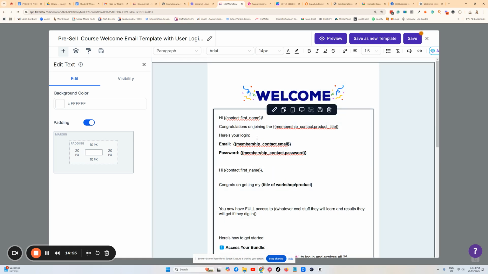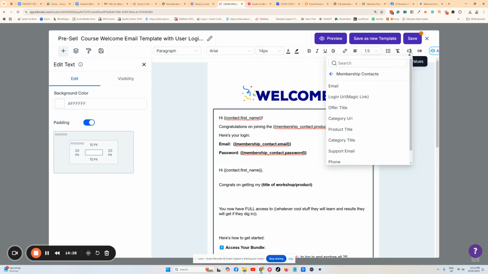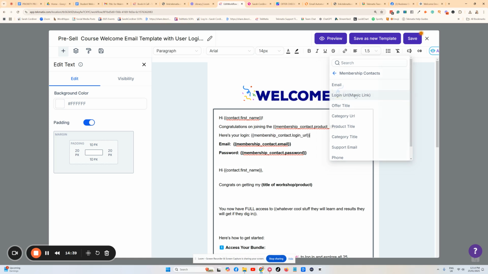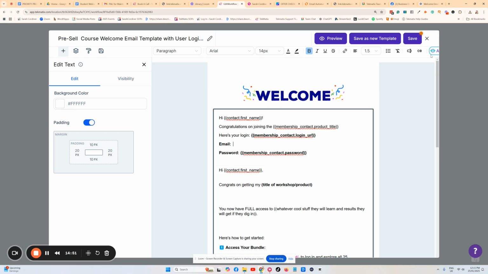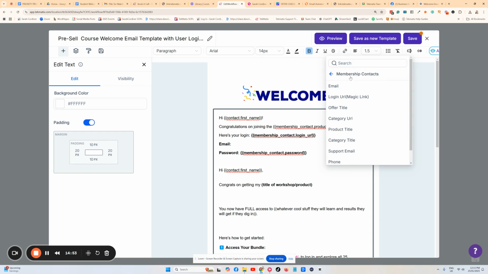Here's your login URL. So let's go back to our custom values. We're inside the membership section. Okay, let me go back again. We're inside this membership section and we're going to give them their login URL right there. Ta-da! Okay. And then the membership email, the email address that they need to log in with to their course or product that's inside that courses or products area. Custom values. Be inside the membership contacts,